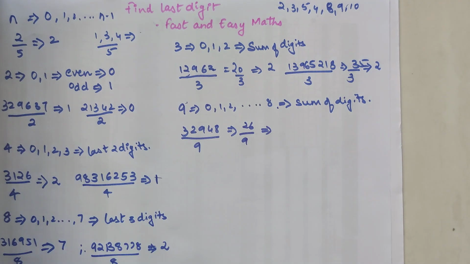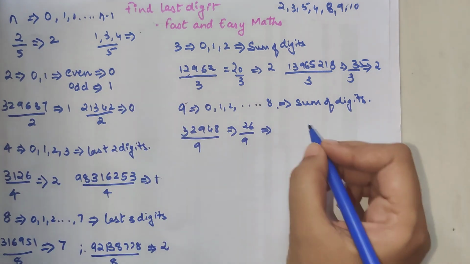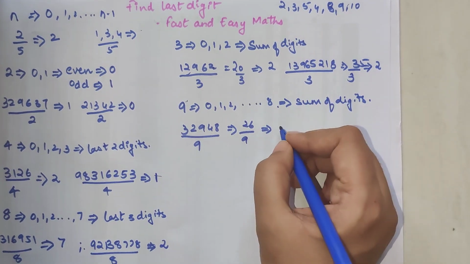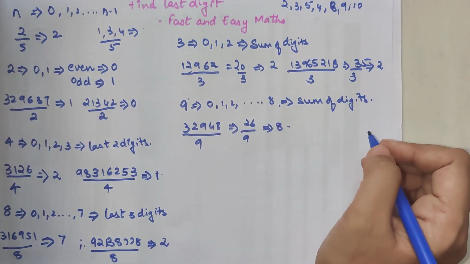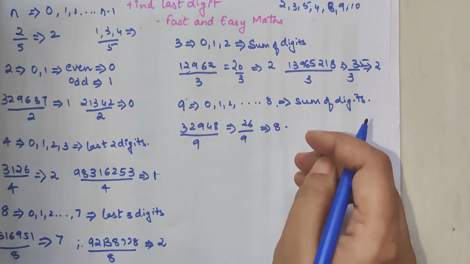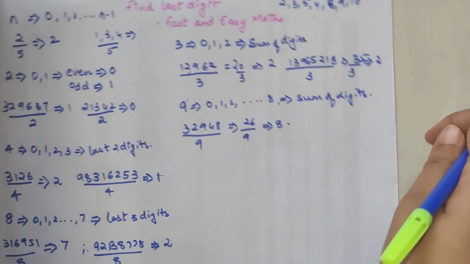Now please understand, here you don't even have to do division of 26. You can just add the two digits. When you add the two digits, your number is coming out to be 8, and that is my remainder. If you want, you can check it as well. Okay, pause the video and do check it.